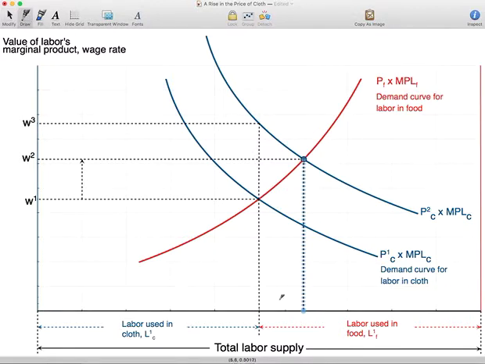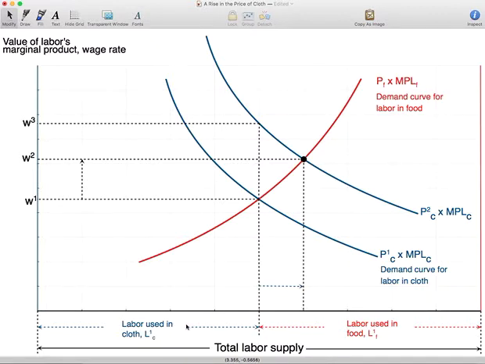So we will see this migration in this amount right here. And let me change the color to blue so that, I believe it was ocean, this amount from here to here is going to be the amount of labor that migrates from food over to